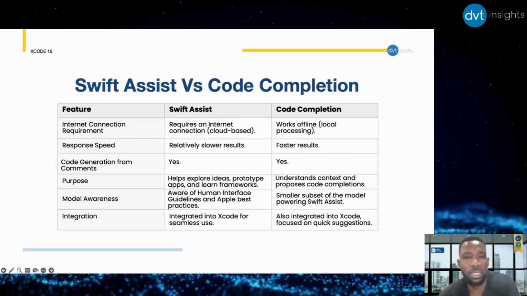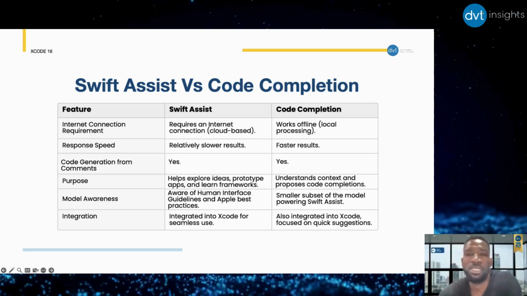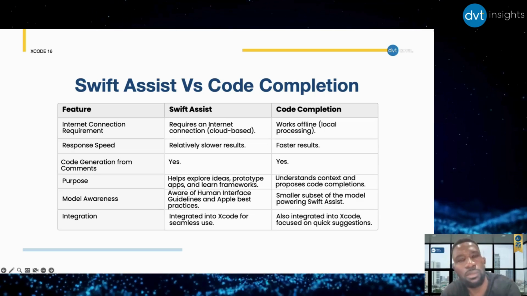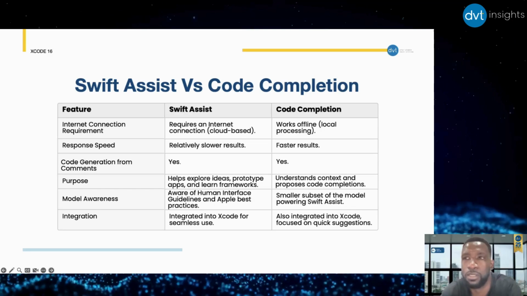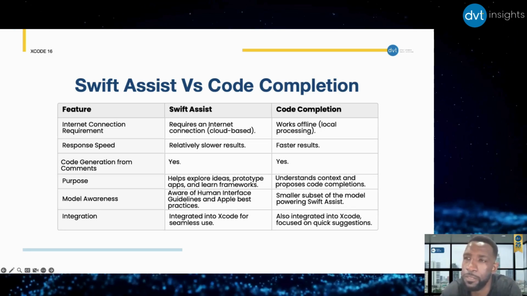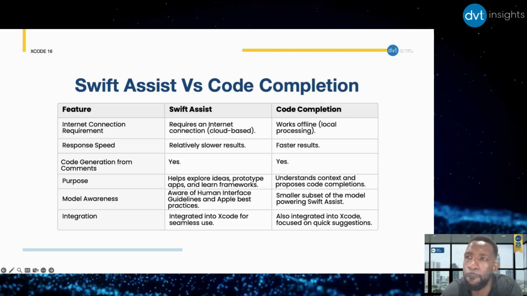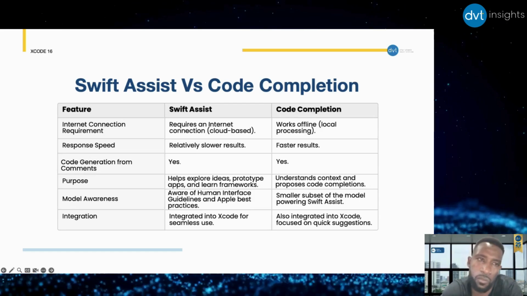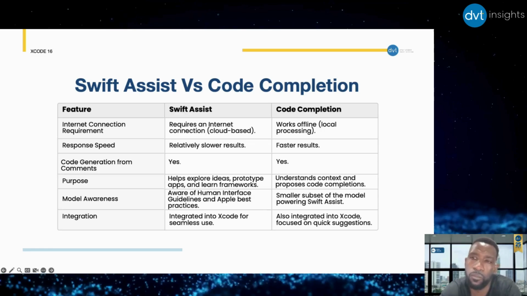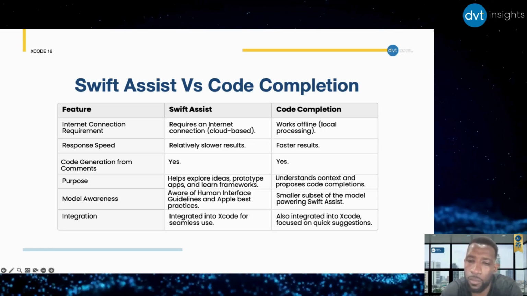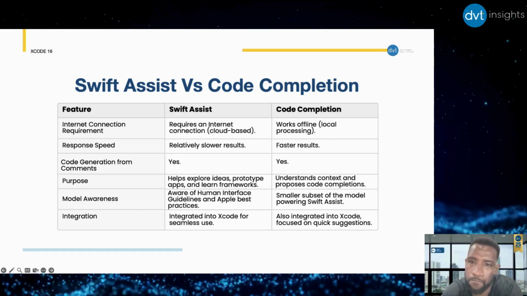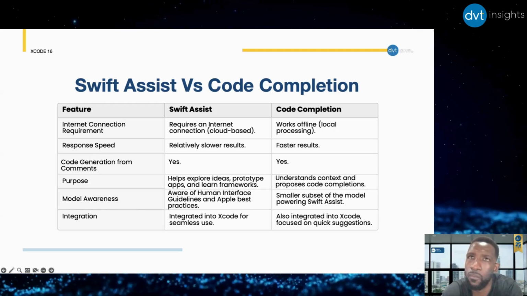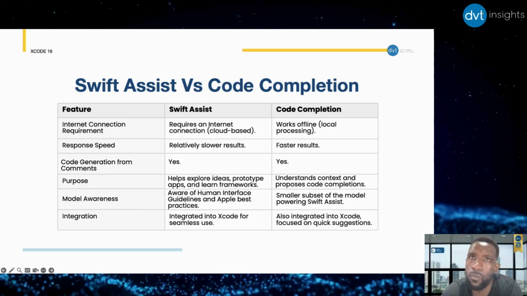Cobus, which one would you pick? When I look at this table, one of the things that is important to me is the faster results. You don't want to sit and wait for the cloud to think about something, give you a result, and then it's wrong. And if you start going into a loop there, it might be a bit of an issue. The other thing is the context that code completion has: local context about what you're already doing, which it uses for method signatures and code completion to quickly accelerate your development.